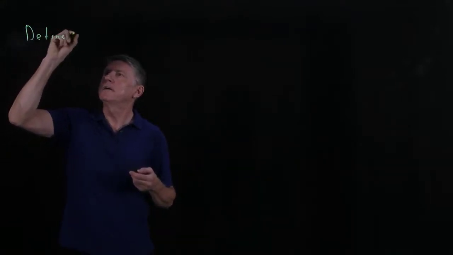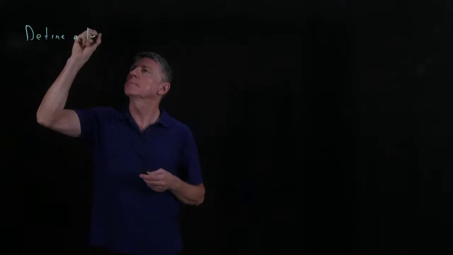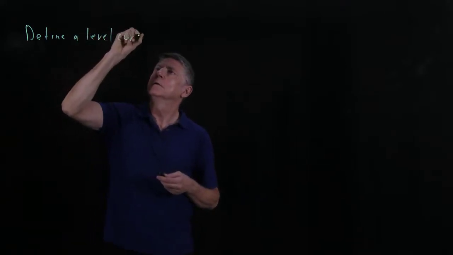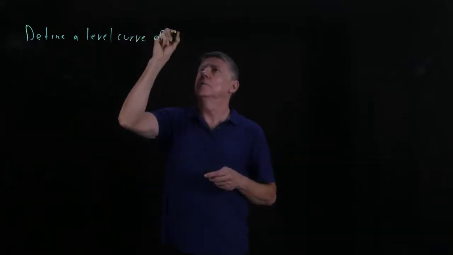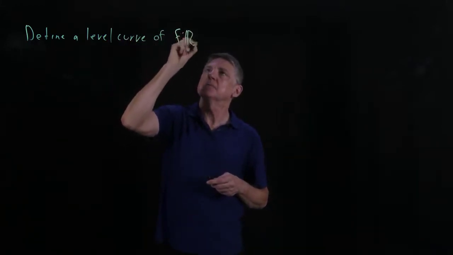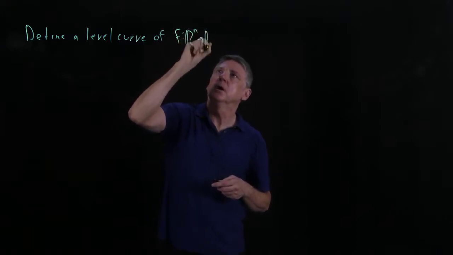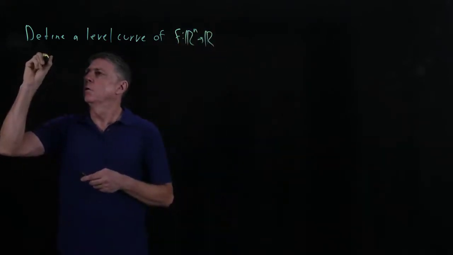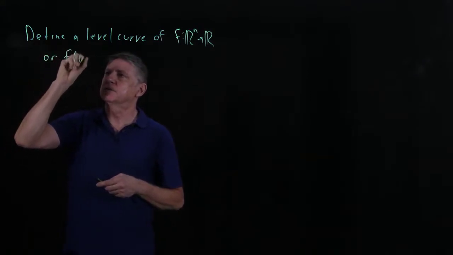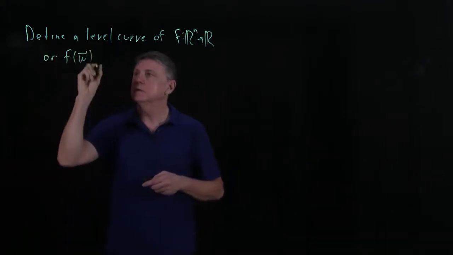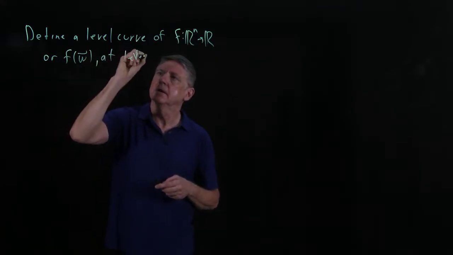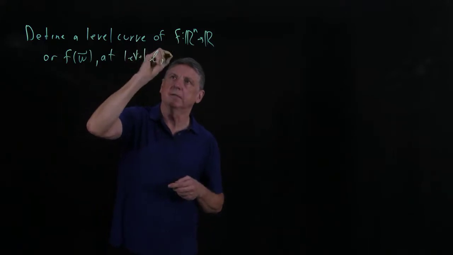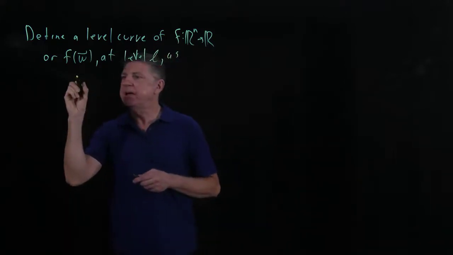So we will define a level curve of a function that maps a vector to a real number, or we might write that as a function that has a vector argument, and we'll say that that's at level, we'll use script L, and we'll say that that is